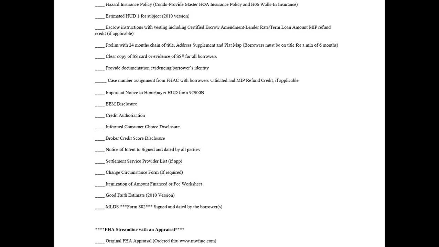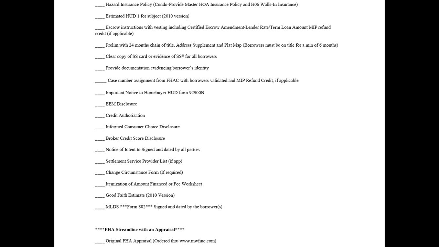Clear copy of Social Security card or evidence of Social Security number for all borrowers. Provide documentation evidencing borrower's identity, i.e., you could provide a copy of the driver's license or just an identification card. Case number assignment from FHA Connection with borrower's validated MIP refund credit if applicable. And then, of course, your